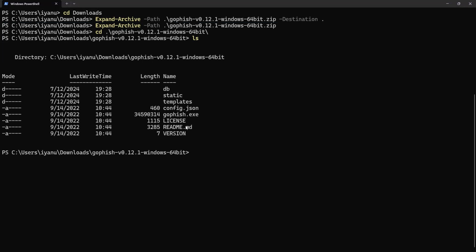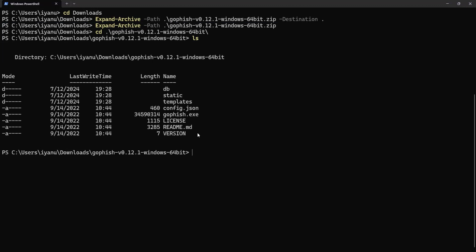So we have a couple of files here. We have the config.json file, the db. We won't worry much about any of them really. The only thing we want to run is this gofish.exe file. This is the file we need to run so we can launch the GoFish interface. So GoFish, even though we have to start it from the terminal, it's not a CLI application. It has an interface. Once we start up the application, it will give us a URL we can access on our browser and configure everything we need to configure.